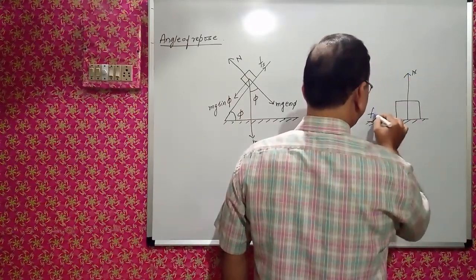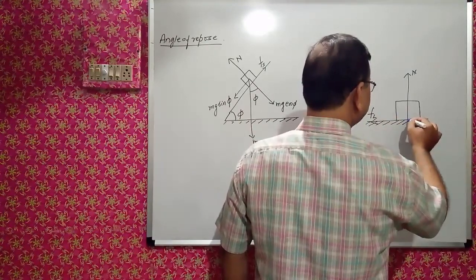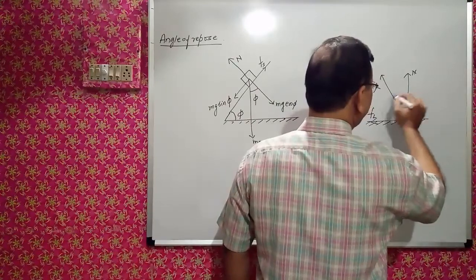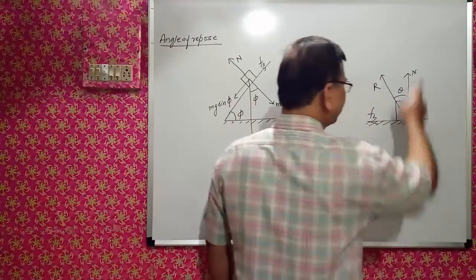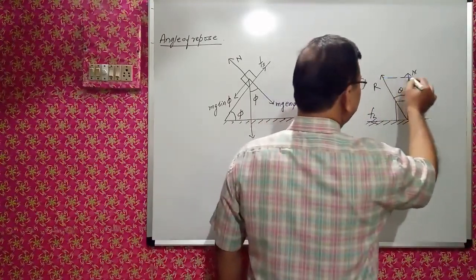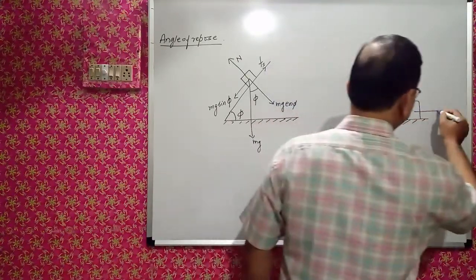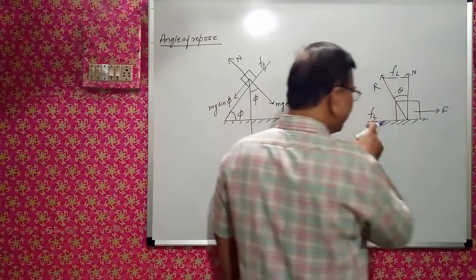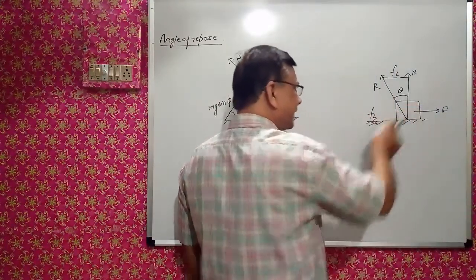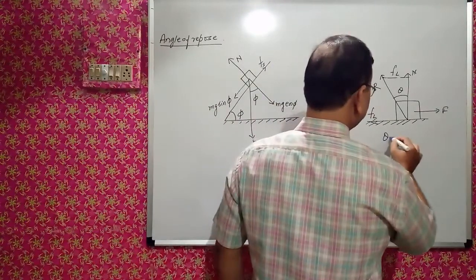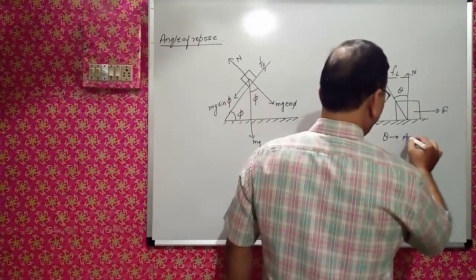Here FL is acting and this is the resultant R, and this R is making some angle theta with the normal. FL acts backward when force is applied. When it is about to slide, at that time limiting friction acts, then theta is called the angle of